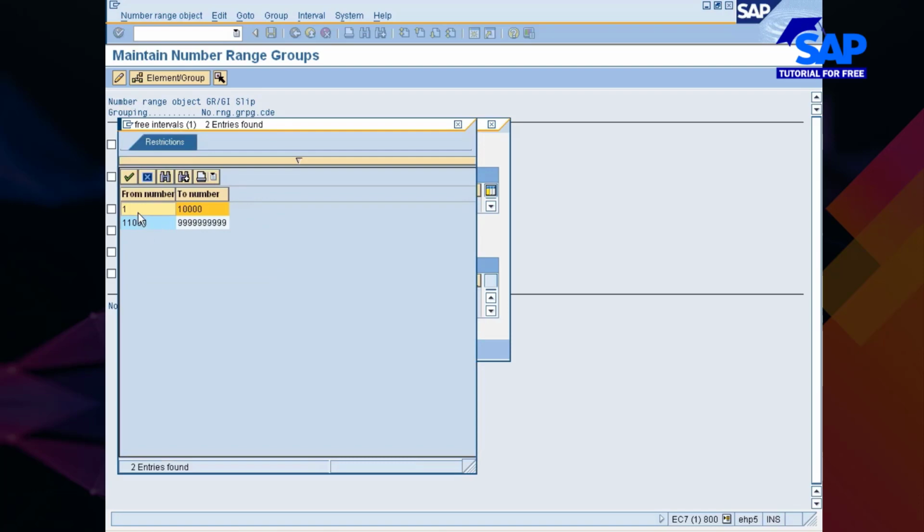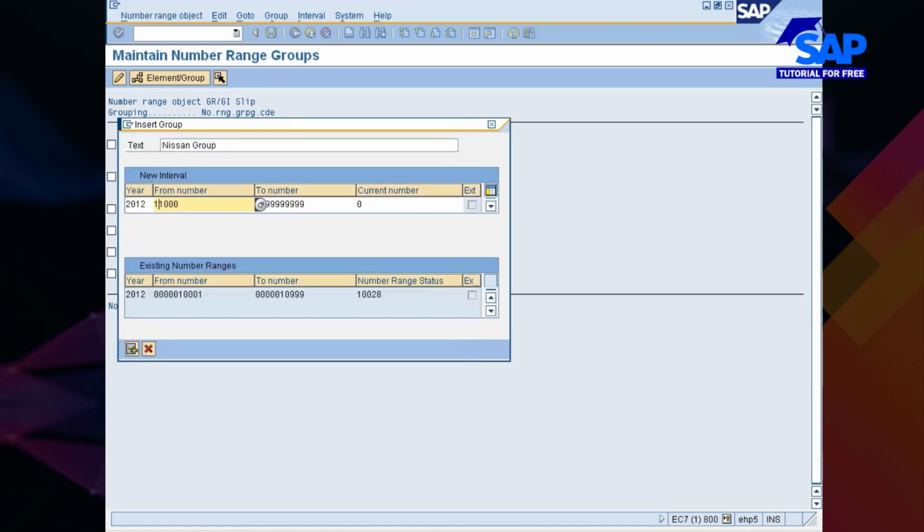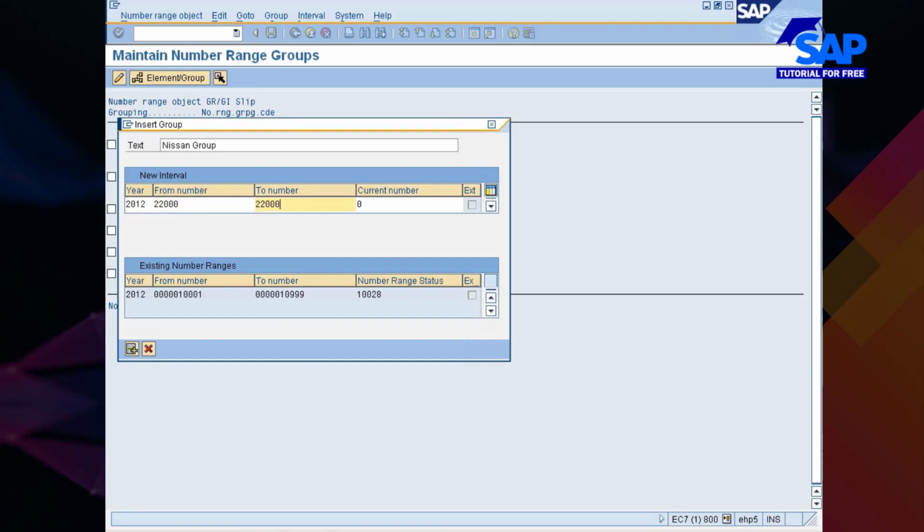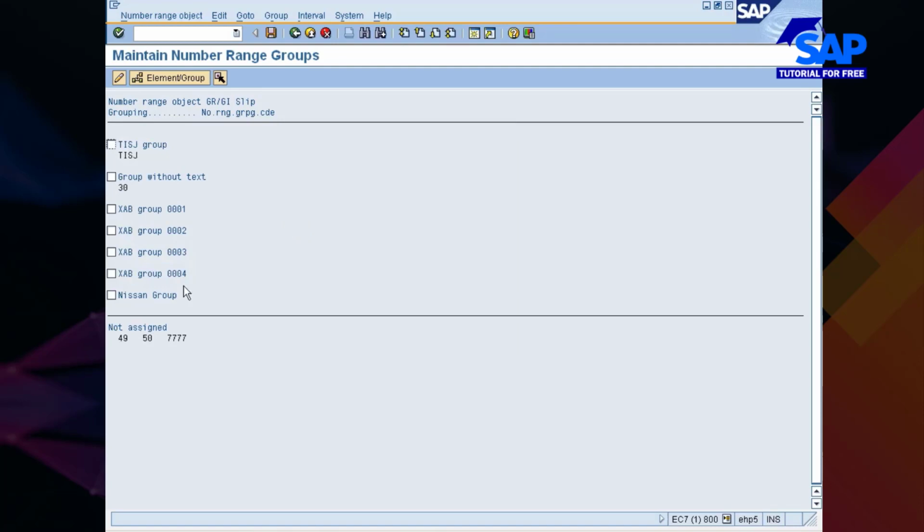Okay, shall I use this one or this one? Let's say I would use something similar to this. 1 2 3 1 2 3. Okay, this is my group. Okay, so now you save this one.